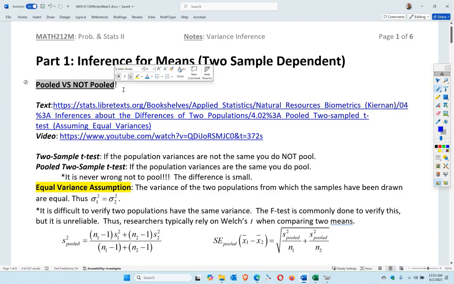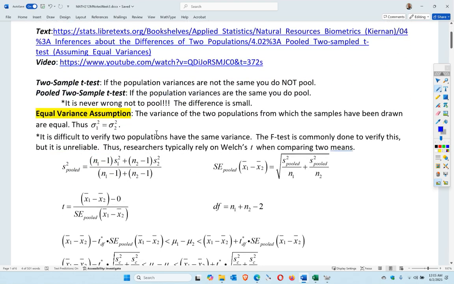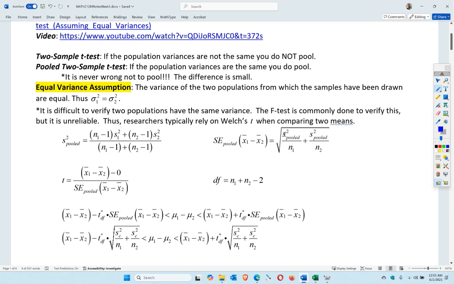There are reasons why or why not you would want to pool, which is basically putting them together. So you either see combined or pooled. You'll see S sub P or you'd see S sub C. I don't like the sub P one, to be honest with you. So we did pool for